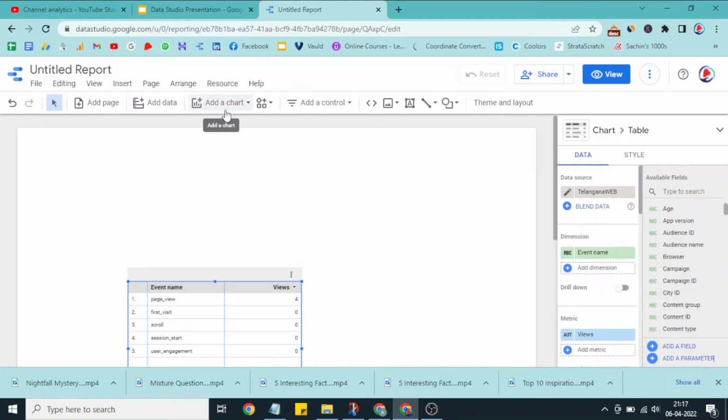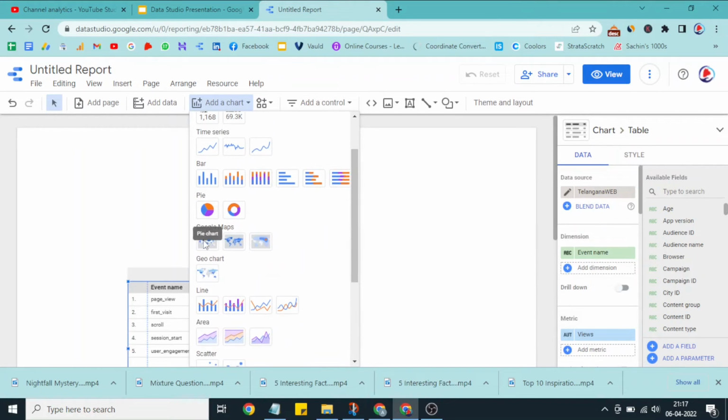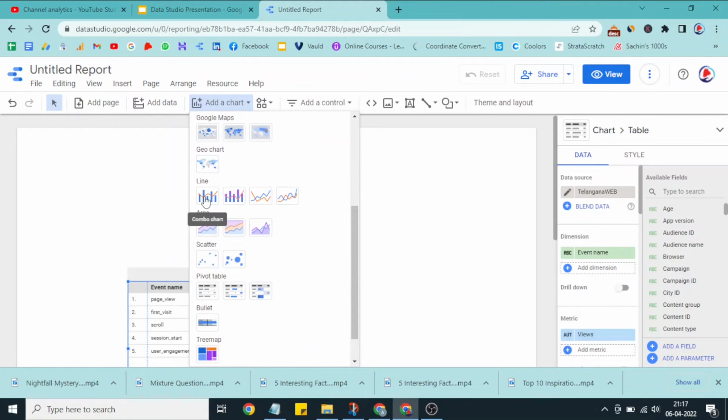What is chart? So chart means you'll click on this chart, you'll find table type. One is table with bars, and one is table with heat map. These are the table types, and scorecard type, 2 charts are there. This is also done, and time series chart, bar chart, and pie chart, and geolocation map chart, geo chart, and line chart with bar chart combo, and area chart like 2 line chart together, and scatter